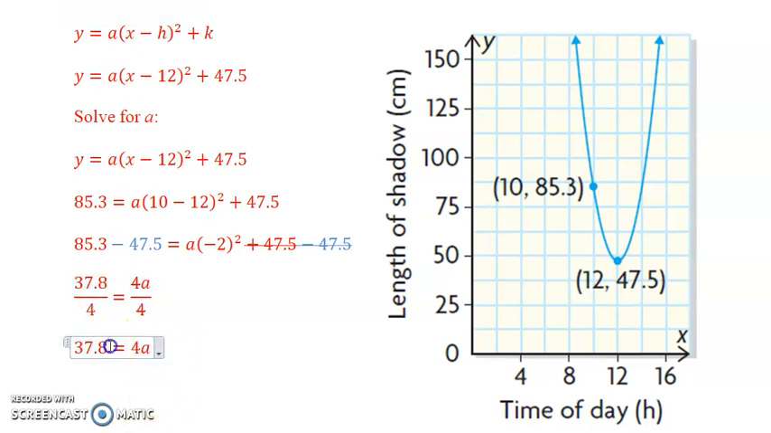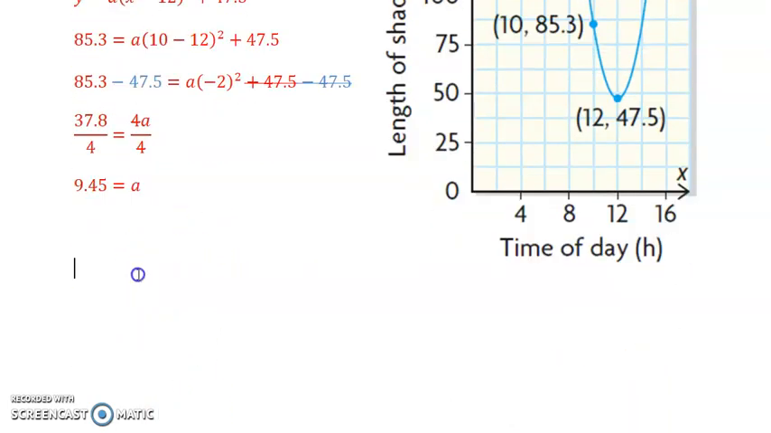Alright, then we take 37.8 divided by 4. 4 divided by 4 is gone. Then we take that in our calculator. When we do that, we get 9.45. Okay, so there's the a value. So the function or equation, well, I'll say function. Function's a better word. We should start getting into that. The function that represents